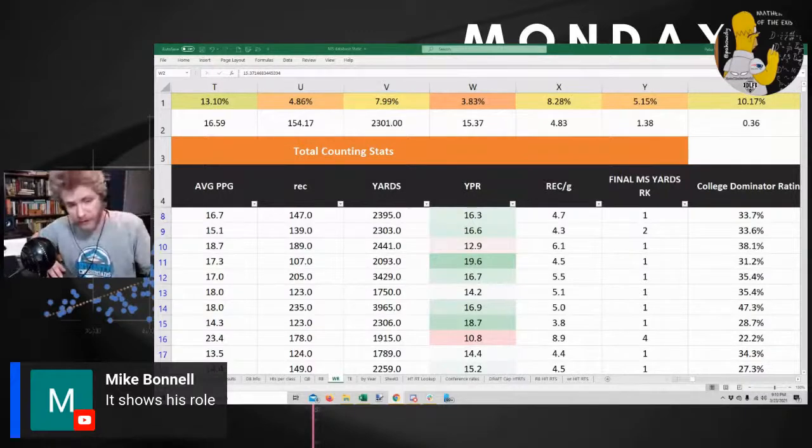But also, would you rather the player who's going to be good in the NFL in the slot, or the player who's going to be bad in the NFL down the field? Like, that's the question here. It's not like they're all going to hit and you want the guy that's further down the field. It's whether you want the guy who could be Jarvis Landry or the guy that could be Laquan Treadwell. I'd take the guy that could be Jarvis Landry or Cole Beasley for that matter. At least he's had some production and success in the NFL. It doesn't matter how far down the field Laquan Treadwell or John Ross were playing. Cole Beasley's been more valuable.